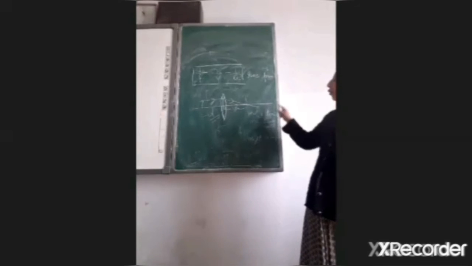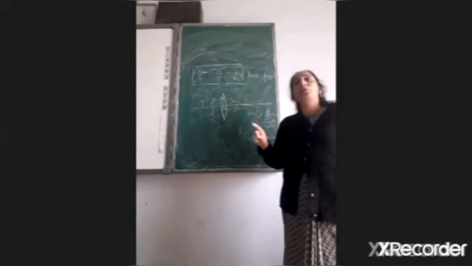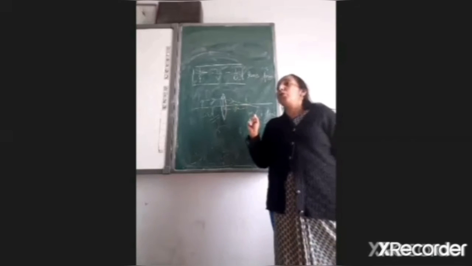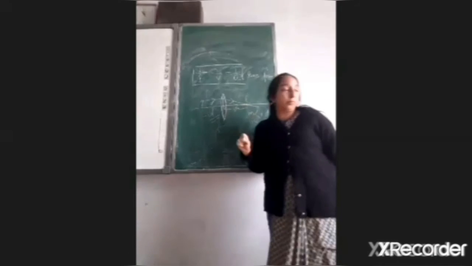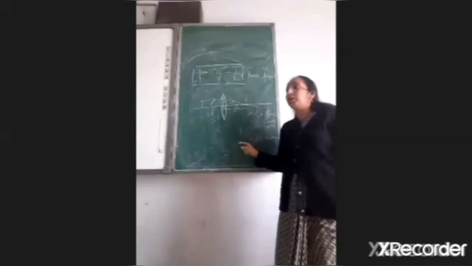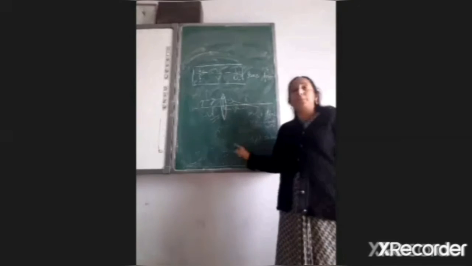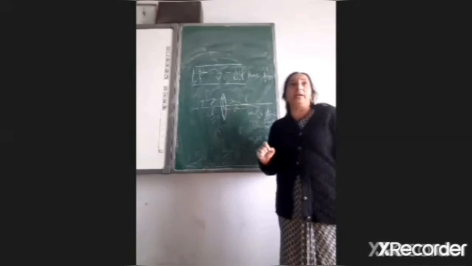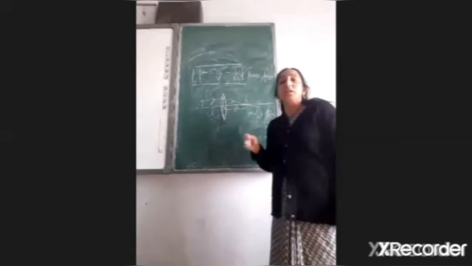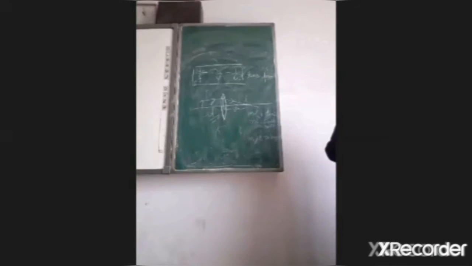Okay, these are the conditions for the magnification, and this is the sign convention, how you have to take the sign for solving the numerical problems. Now I think this chapter is finished. Only we have the numerical problems related to this chapter, which is most important, how you have to solve the numerical problems. Today we will discuss some examples. I think we have discussed all the things here.